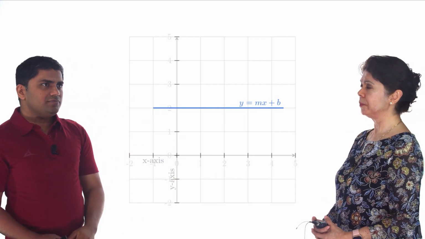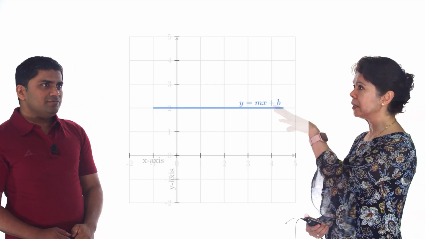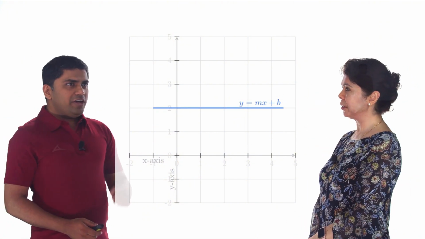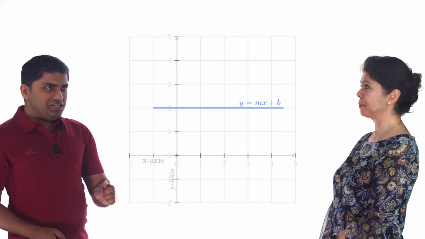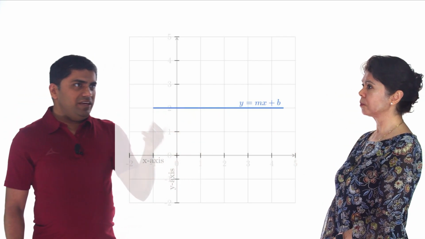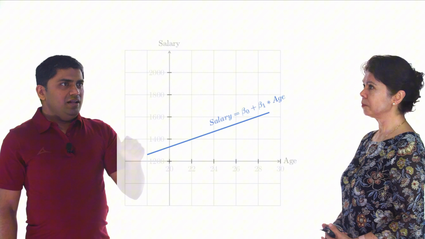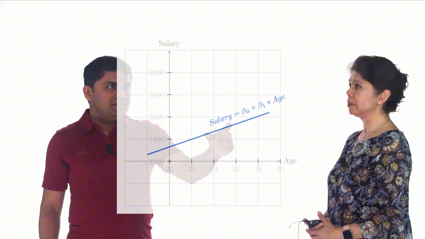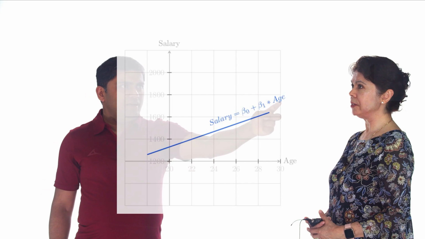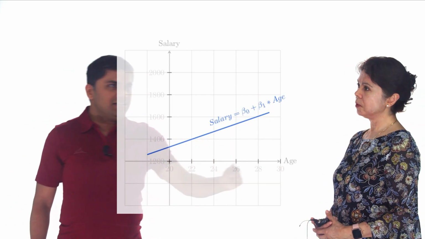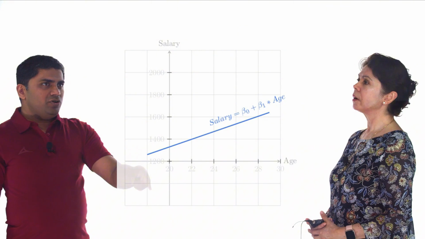Okay, great. So what does this have to do with the regression that we were talking about? Remember, regression is a linear equation. So in your case, we can fit an equation like this to find the salary. Dependent on what? On the age. Oh, I see. So the age we can plot on the x-axis, and the salary we can plot on y.